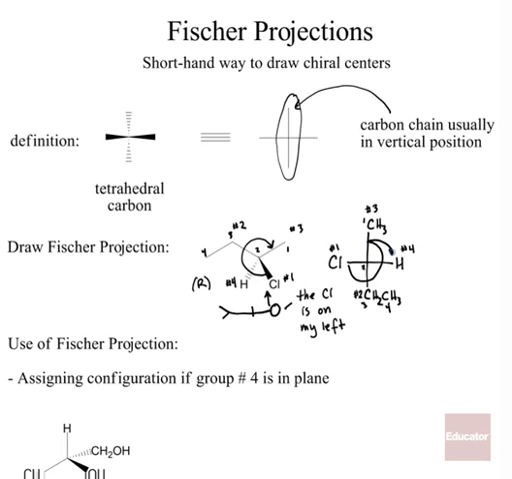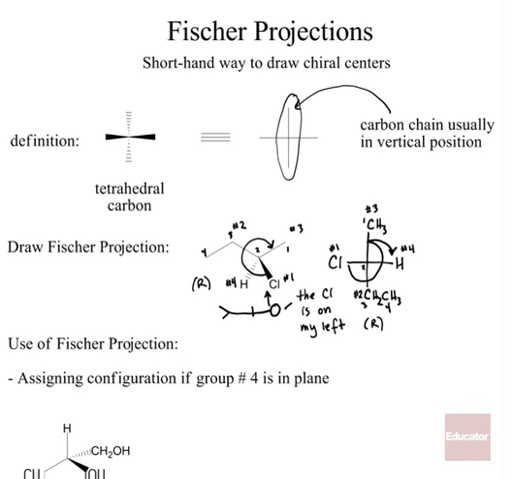We reverse our direction and we go 3, 2, 1, 3, 2, 1, 3, 2, 1. So sure enough, we did draw the correct configuration here. These both have the R configuration. Now, what's very nice about being able to draw Fisher projections is that it allows us to draw chiral centers